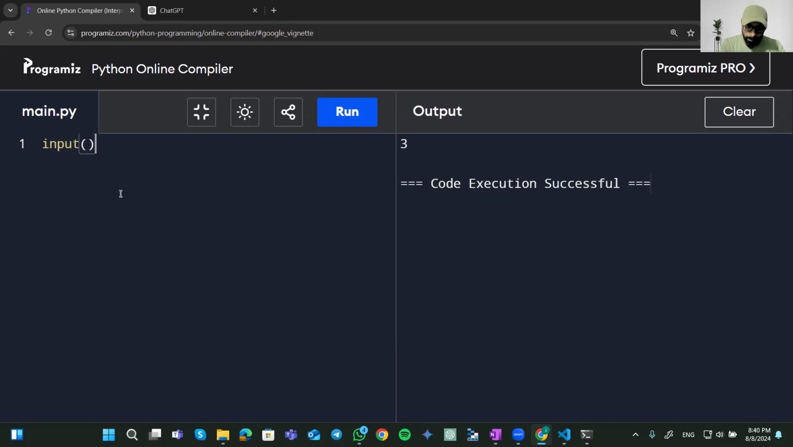So in order to put something out, I have to use the print function. Let's say I want to print this number. Whatever number the user inputs, I want to print that number. So what I'm going to do in order to print that number